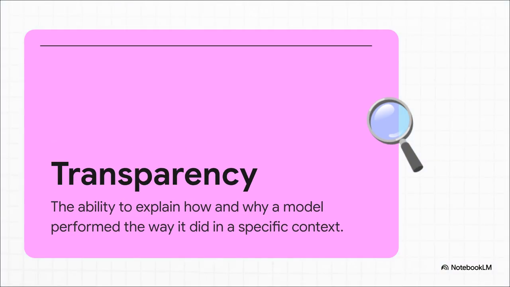All right, and this last one, transparency, is kind of the glue that holds everything else together. I mean, think about it. How can you have fairness or accountability if the whole thing is just a black box? Transparency isn't just about showing your code. It's about being able to actually explain to people why the AI made the decision it did and justify that the outcome was ethical and fair.